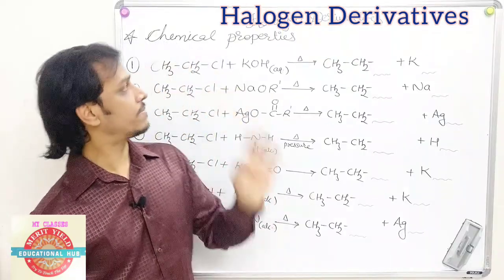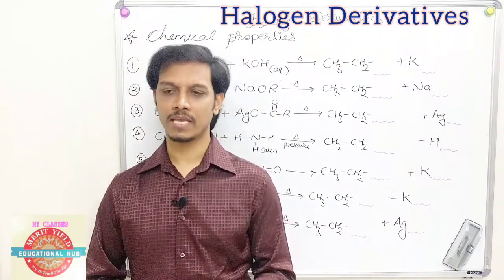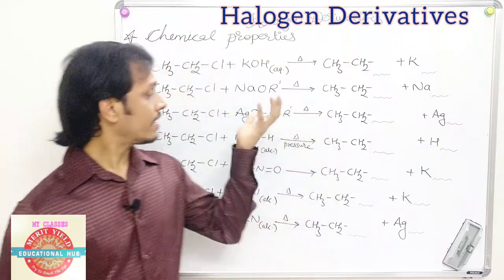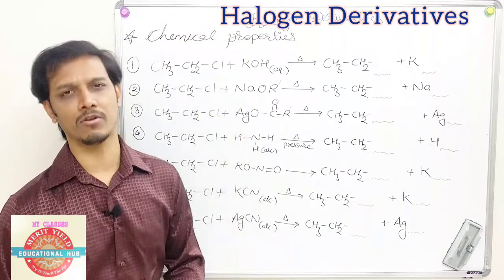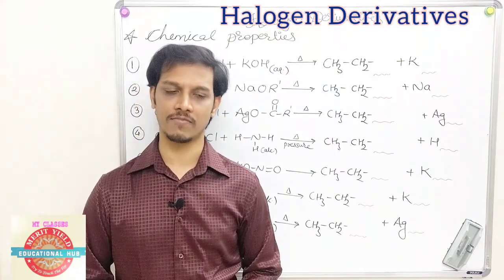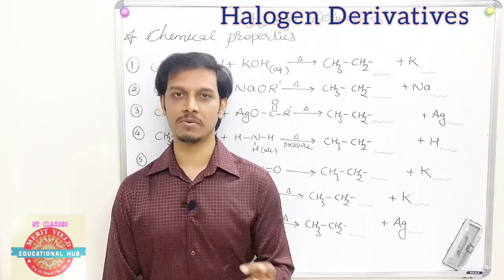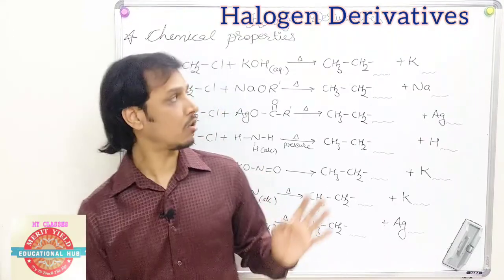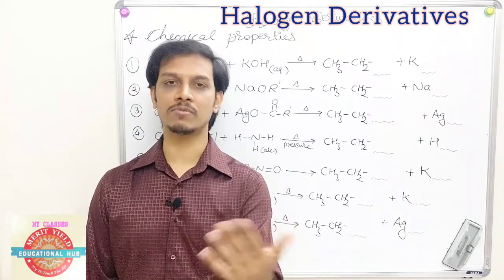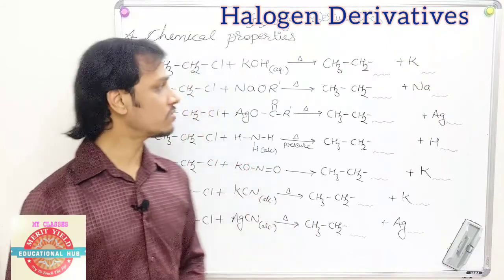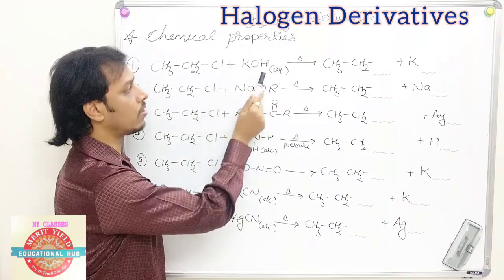Now the simplest part of the chapter, that is chemical properties. For this particular chapter, chemical properties become very simple, because here we have to add a good nucleophile to the system, because Cl is a bad nucleophile, or halogens are bad nucleophiles themselves. Basically there are 4 kinds of reaction: addition reaction, elimination reaction, substitution reaction, and rearrangement reaction. So the whole reaction comes under substitution reaction. Means one element is substituted by another one. Very simple. So in this process, as OH is a good nucleophile as compared to Cl, OH will replace Cl.